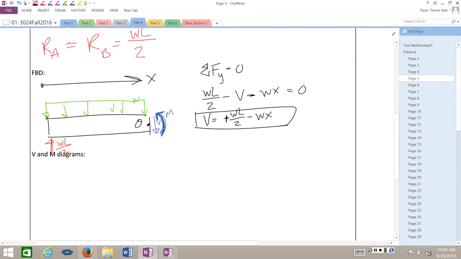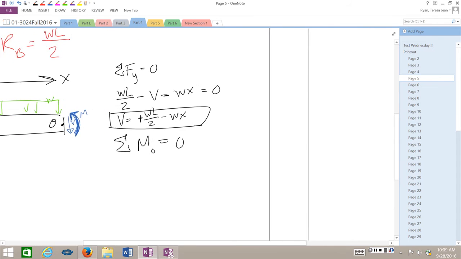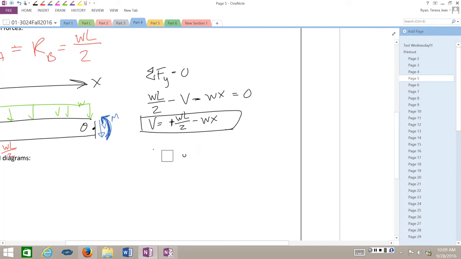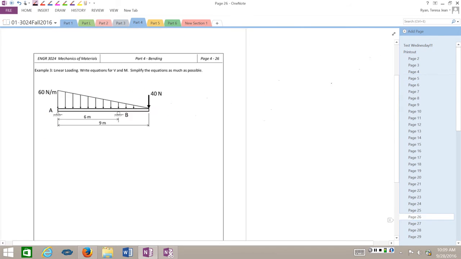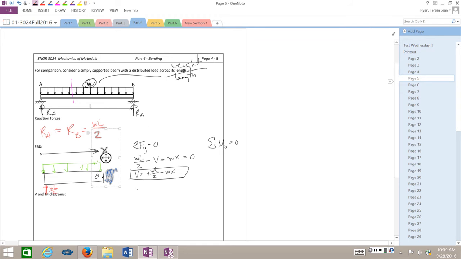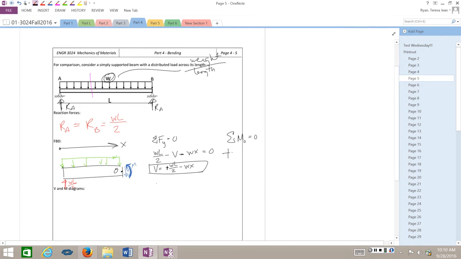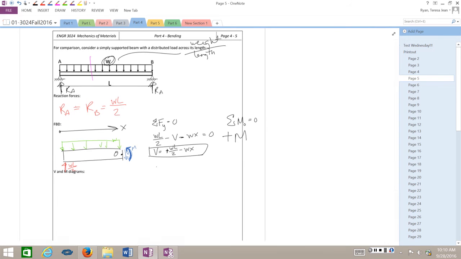All right. Sum of the moments about our reference point O has to equal 0. I'm actually going to move this over here. Sum of the moments about O equals 0. So if we're using O as our reference point, what do we have? We definitely have a plus M. That WL/2